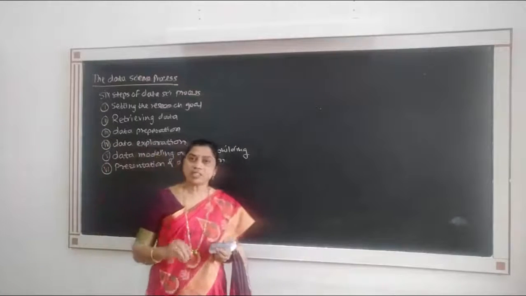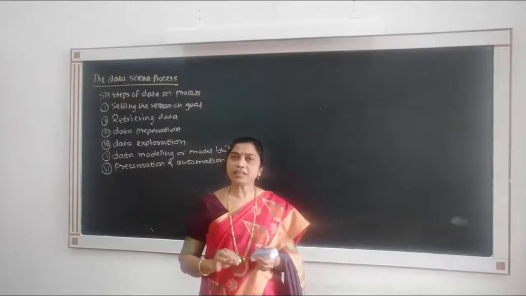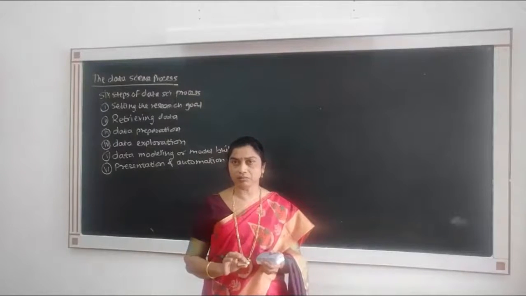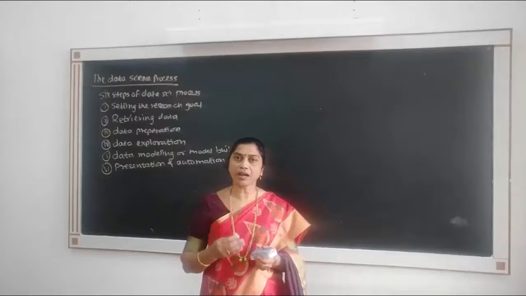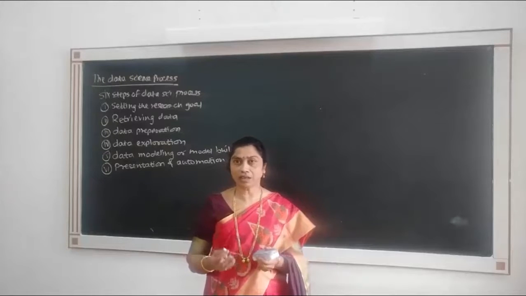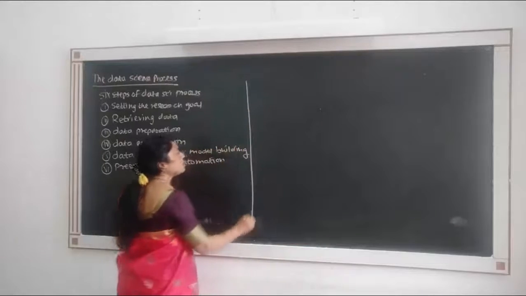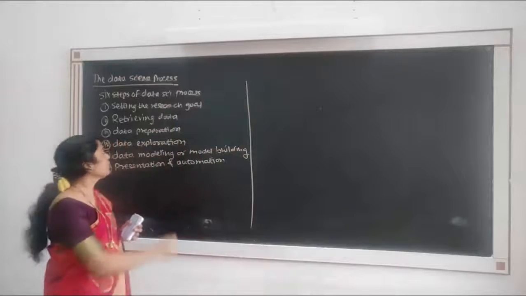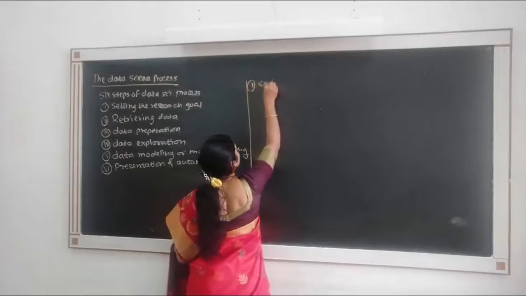Though these are the 6 steps generally for data science process, data science process is not linear. It is iterative, means that you have to step back at any step and rework your findings again. So now we will see what this step consists of. See the first step, that is setting the research goal.